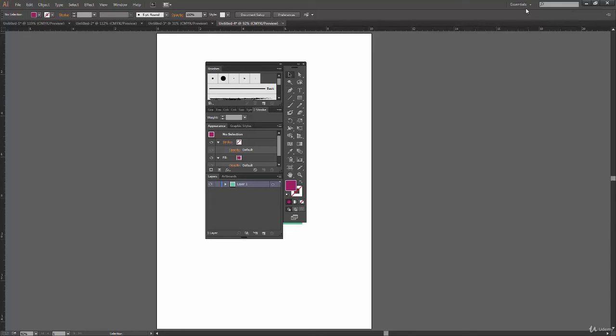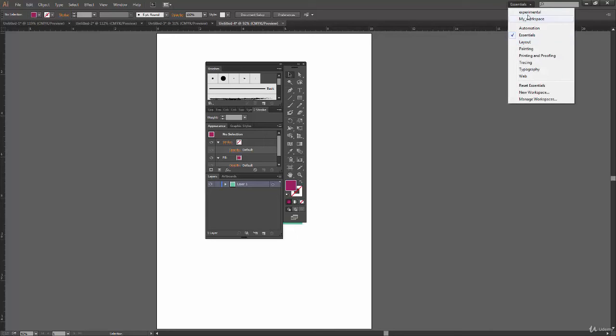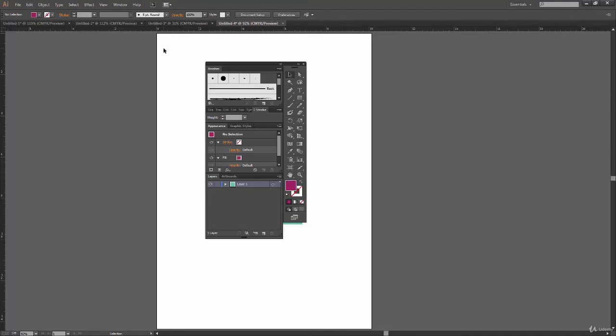To begin with, first of all we should know that this button over here, Essentials, changes my workspace. Now talking about workspace, this entire thing, the way it is arranged, is called workspace. The way your panels are arranged, your toolbar is arranged, what all changes you can do inside, or the way your canvas is looking, all this is called workspace. And interface is like user interface, you can say, the way it interacts with the user.